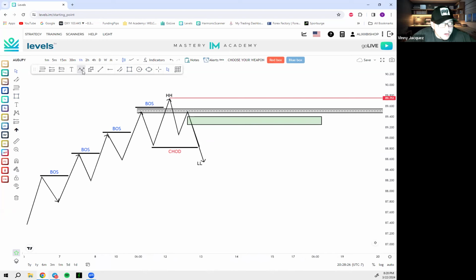Now, when market pulls back, guys, we're looking to capitalize on the starting point or the shoulder. We don't know what zone market is going to respect, so as traders, we have to go ahead and identify. Market can respect either one of these zones. Now, this pullback here is going to be called my lower high.